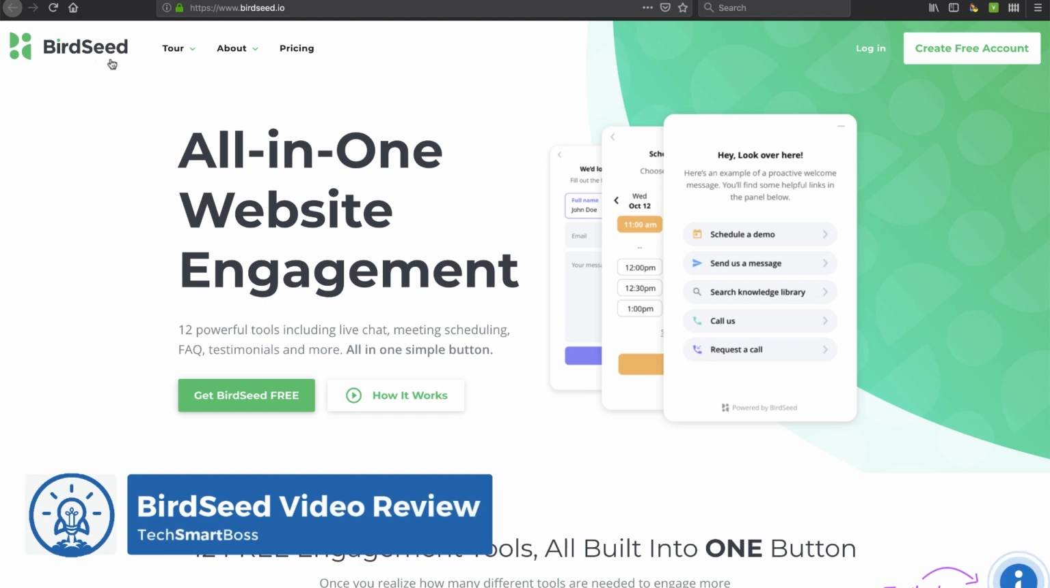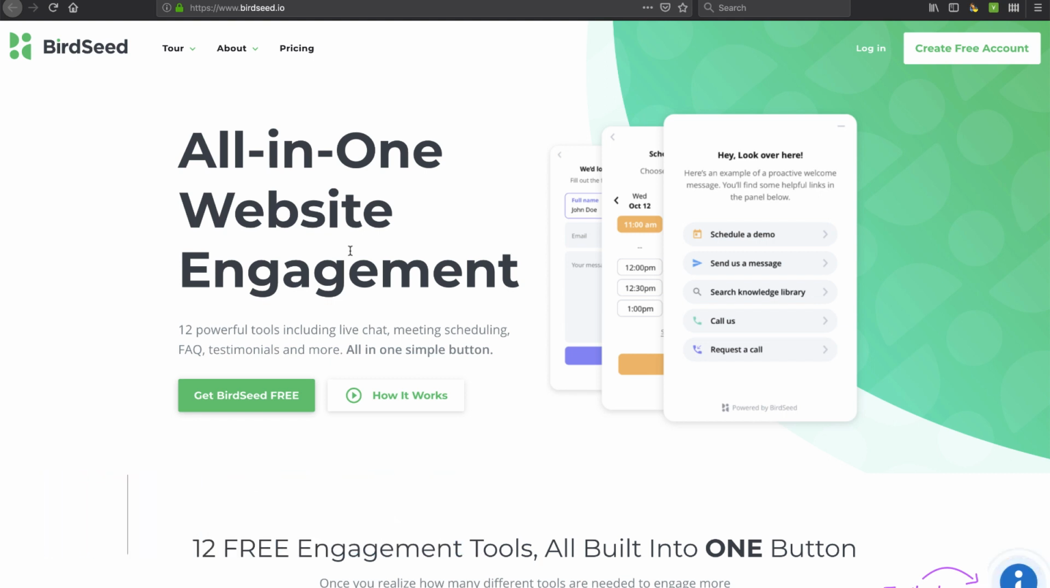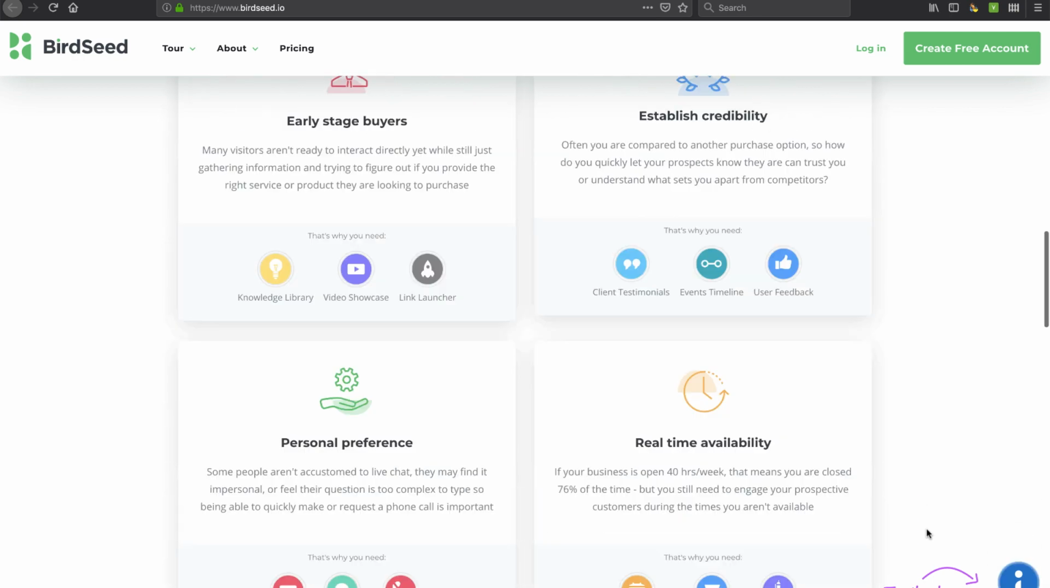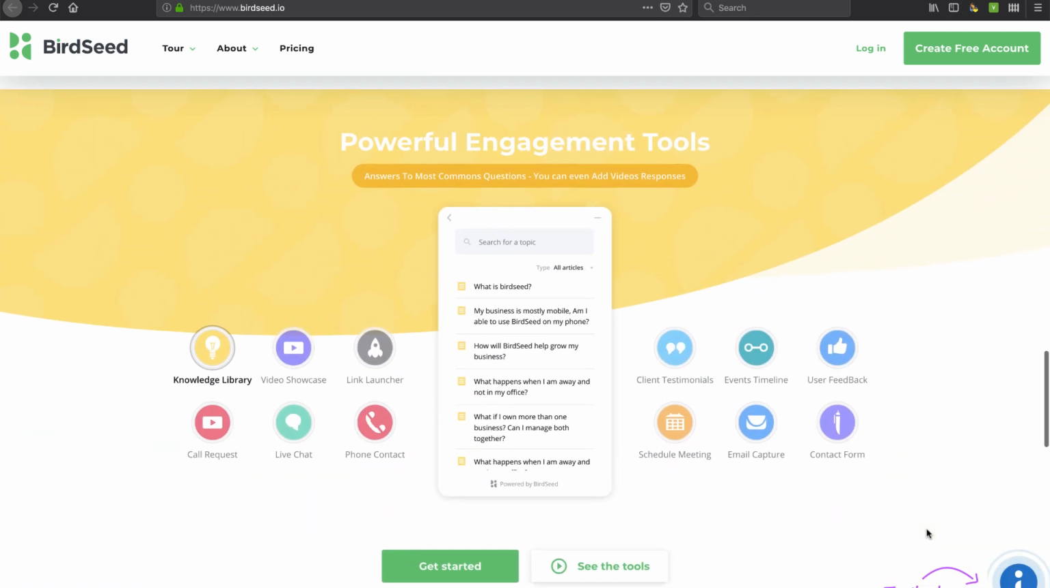BirdSeed. It is, as it says here, all-in-one website management, but essentially we talk about a lot of tools we use every day, from booking appointments to chatbots to live chat to you name it, searching knowledge bases. Well, what BirdSeed does, it gives you a little widget right here on your website and lets you tie all those together. For example, let's actually scroll down on their website and you'll see their 12 engagement tools: knowledge library,